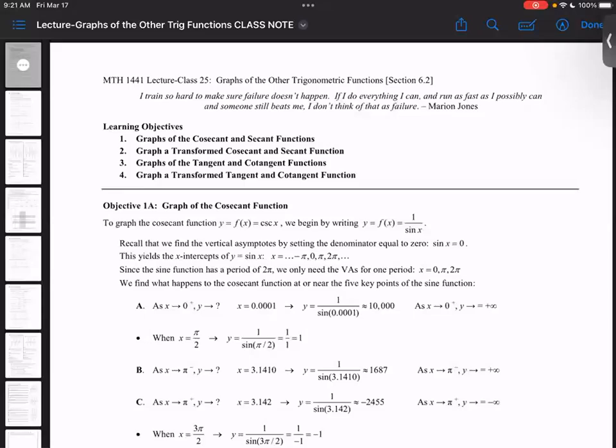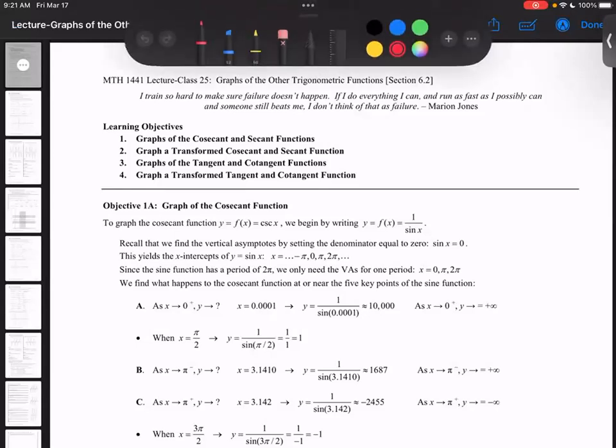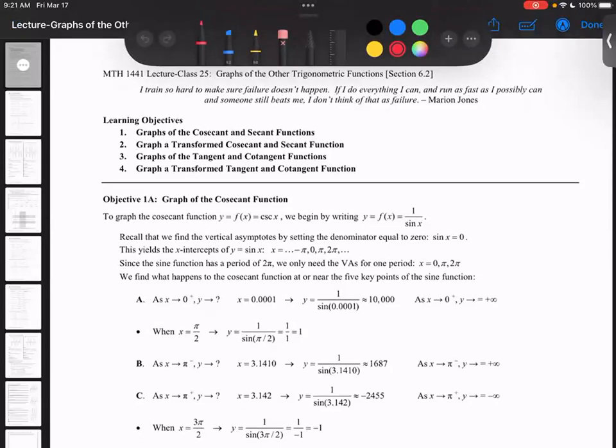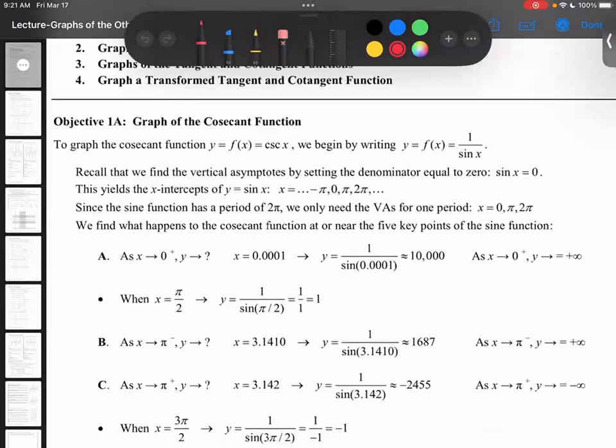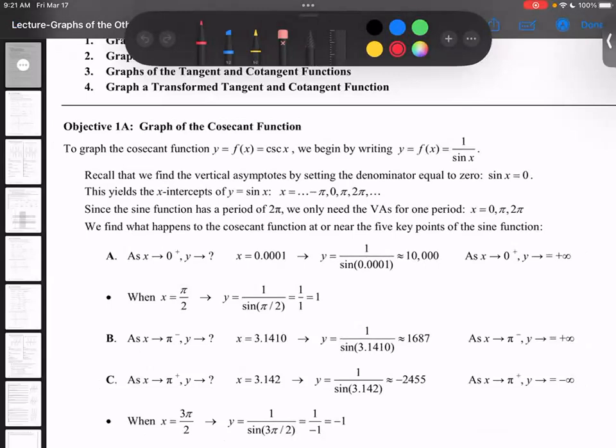First, we're going to start with a graph of cosecant. Usually, when I give you a cosecant function, you will rewrite it as 1 over sine x, right? Cosecant and sine are reciprocals of one another. Now, this being said, the vertical asymptote for this function, because cosecant is 1 over sine x, and we